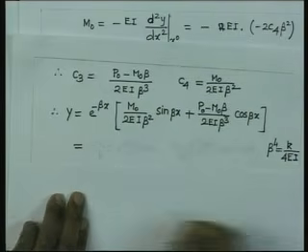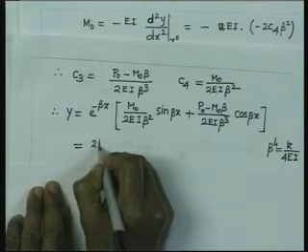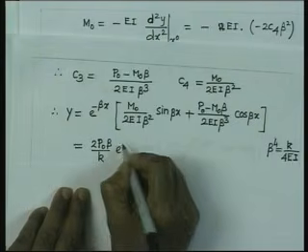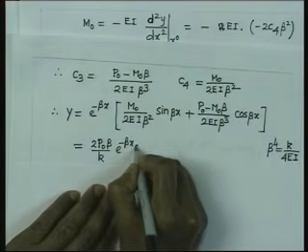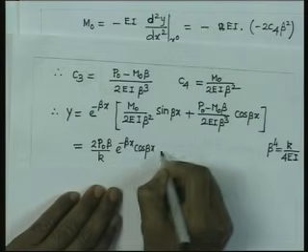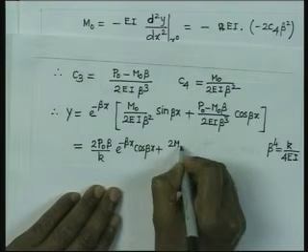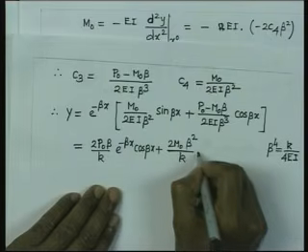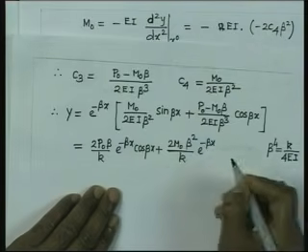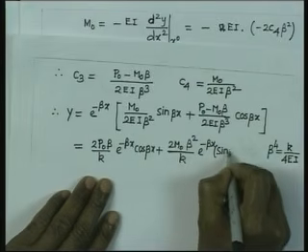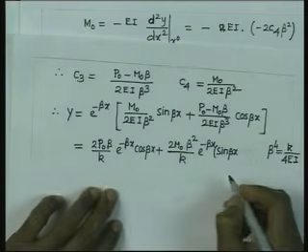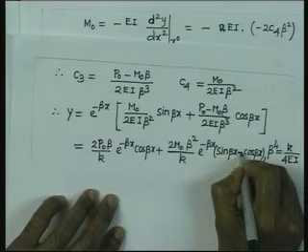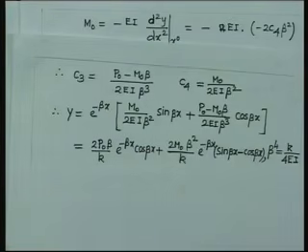So, if we make use of this, then we can write this y as twice P0 beta by k e to the power minus beta x cosine beta x plus twice M0 beta square by k e to the power minus beta x into sin beta x minus cosine beta x. So, that is the value for y,